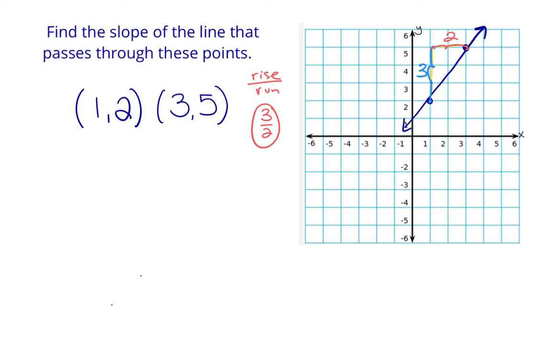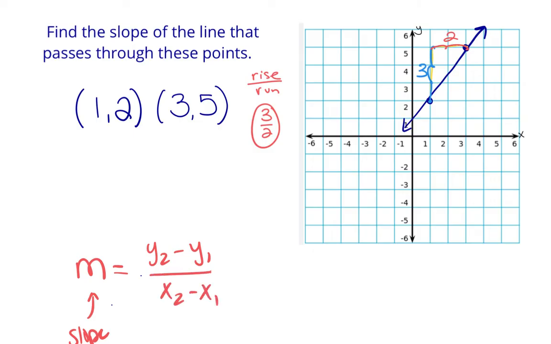So another way we can do this is we can use the slope formula. The slope formula actually looks more complicated than it is. It says m equals, which means slope, y2 minus y1 divided by x2 minus x1. And let me tell you what that means. To find the slope, we take the y value of the second coordinate and subtract the y on the first coordinate, and we divide it by the x value of the second coordinate minus the x value